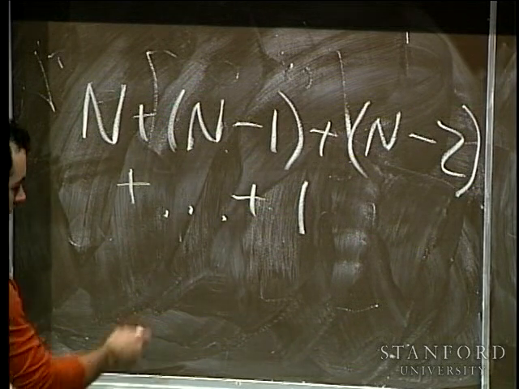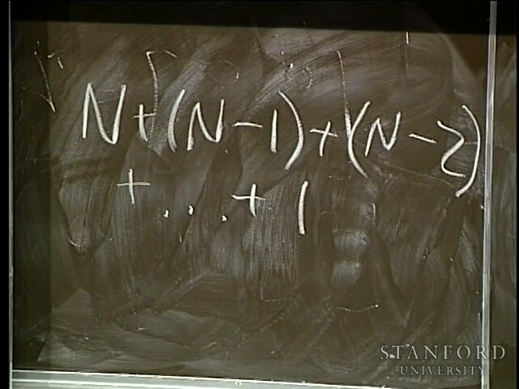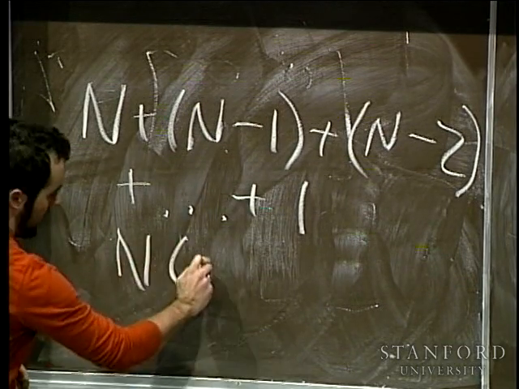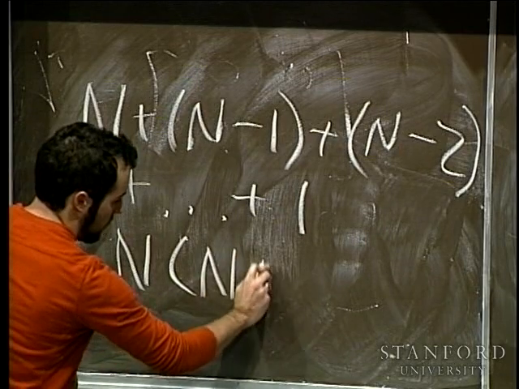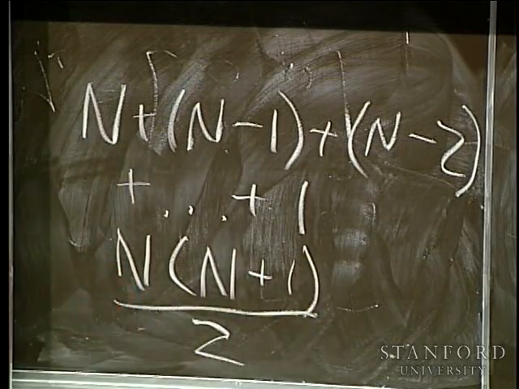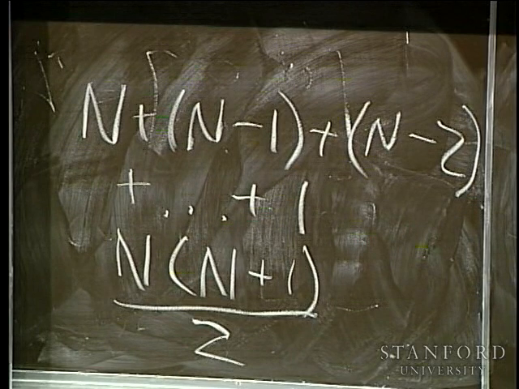Okay. Yeah, so if you work it out with small examples, you'll find that this is true, and you can probably then convince yourself of it. This sums to n times n plus 1 over 2. Okay? So how do we make sense of that? How do you look at that and tell intuitively what kind of algorithm this is, how efficient this selection sort is?